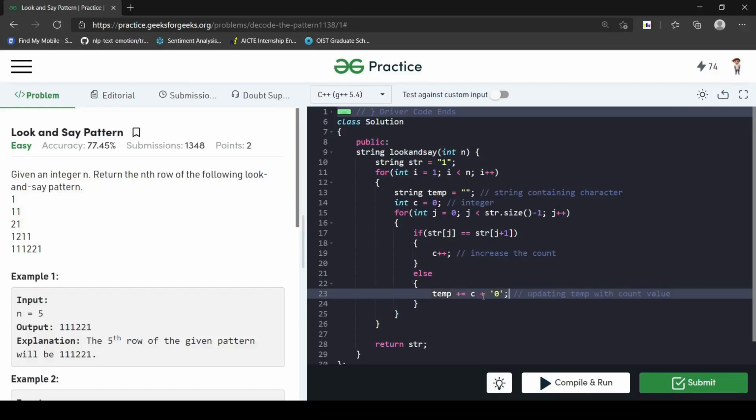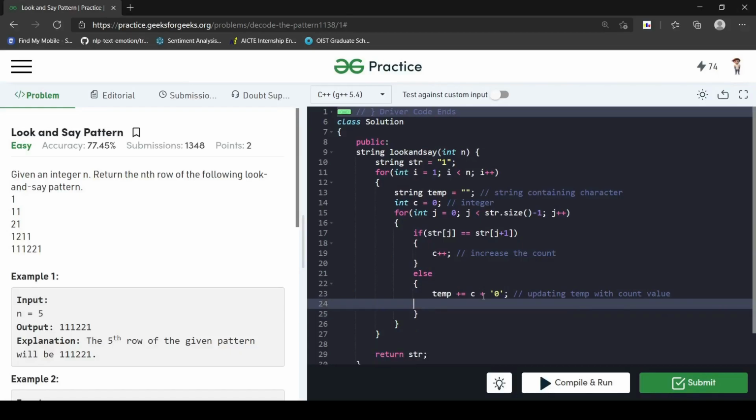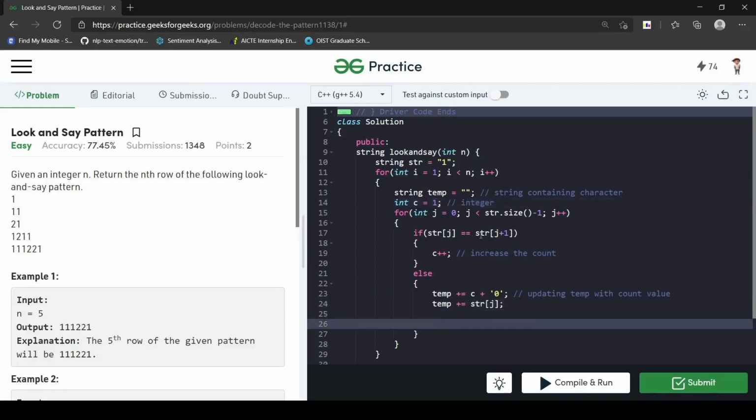And now I will be updating the value. Initially the count should be 1. Why 1? Because we are looping from j equal to 0 to j minus 1, so for every value we first keep the count as 1. As soon as we find a change, we update C as 1 again.